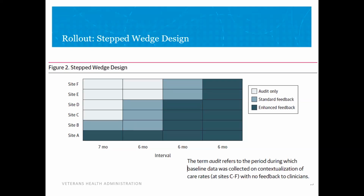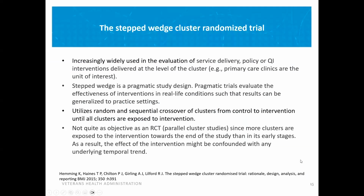As I said, the precursor of the Stepped-Wedge was a parallel cluster study. And then what followed after that was what was called the parallel cluster study with a baseline period. And then what followed after that was the Stepped-Wedge study. There's a wonderful paper that kind of gives the history of the Stepped-Wedge. And I'll be sharing the reference with you a little bit later. But it was published in British Medical Journal in 2015. Actually, let me go back because I think I might have referenced it. Yeah, it's right down here. It's Hemming. This is a really nice paper that gives you the whole history of the Stepped-Wedge, the logic behind it,